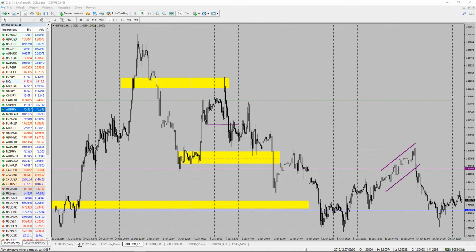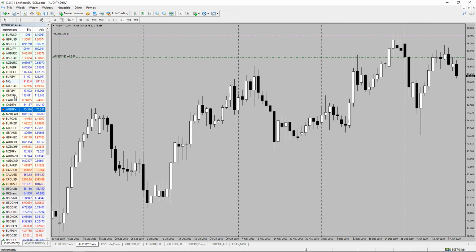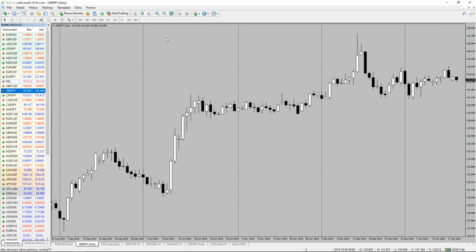And finally, let's have a look at another pound pair. Let's have a look at the pound yen. I've been looking for a selling opportunity here as well. Still would be good to see the rally towards 144.50, some kind of the spike that would create the opportunity for finishing this business with this swing high. That would be also the retest of the base of this breakout candle and the failure at the top, right, around